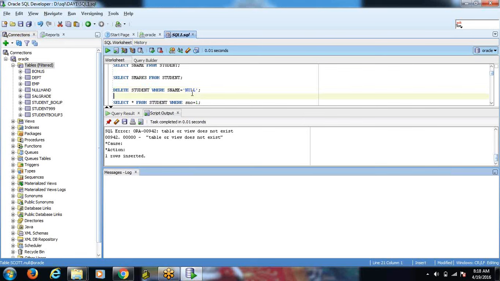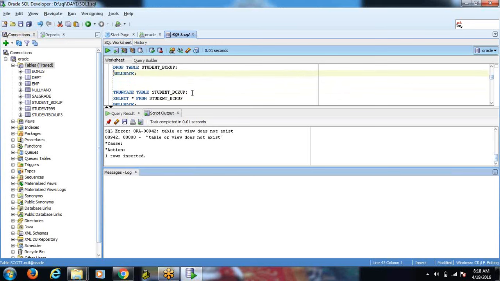In the same way, the same thing we can do by using the truncate statement also. And drop is also used for the same purpose. Can anyone of you explain what's the difference between delete, truncate, and drop?